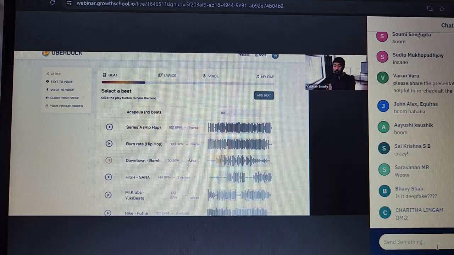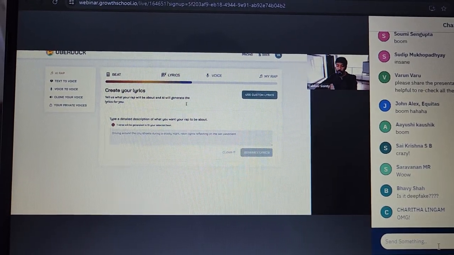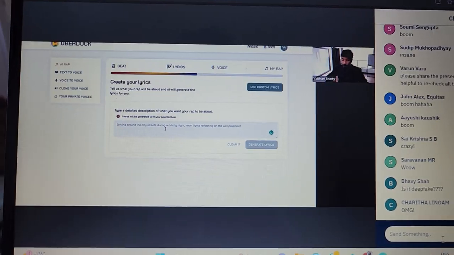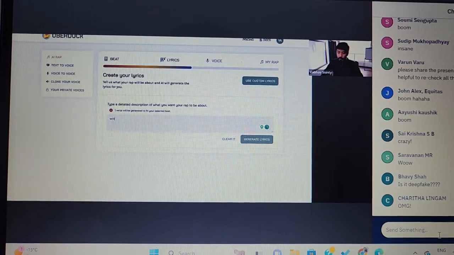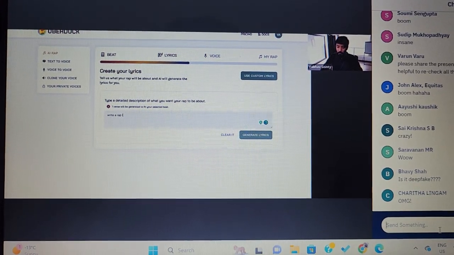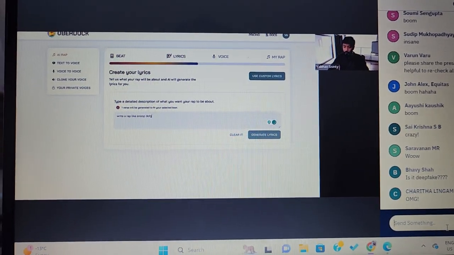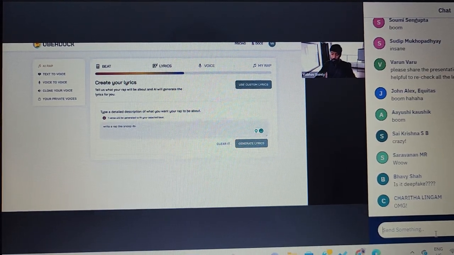I like that beat. I'm gonna select this beat, click on save and continue. Now it says what is the rap going to be about. Write a rap like Snoop Dogg, who's a very famous rapper,